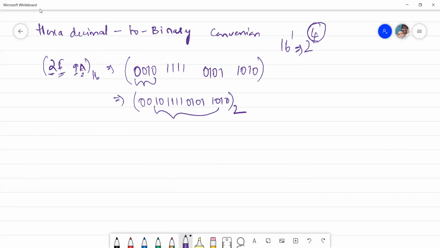Now we will see about binary to hexadecimal conversion. So binary numbers can be converted into the equivalent hexadecimal numbers by making groups of 4 bits starting from LSB and moving towards MSB for the integer part, and then replacing each group of 4 bits by its hexadecimal representation. So it is the same like octal, but in octal we group 3 bits, but here we need to group 4 bits. For example, if you take one example,